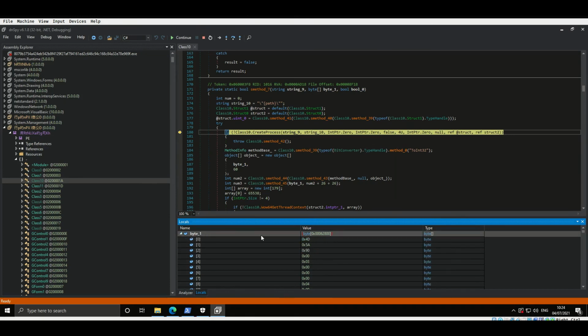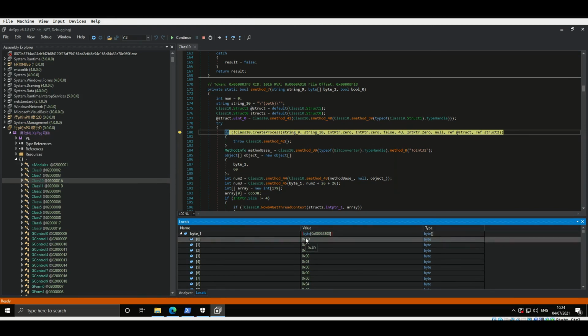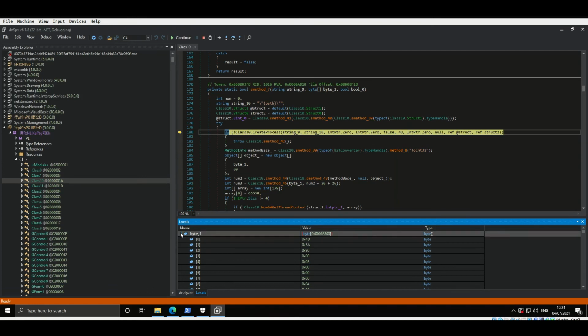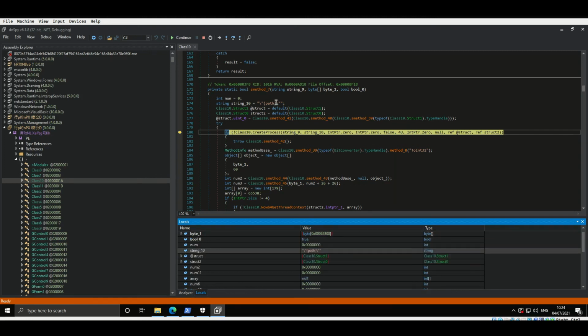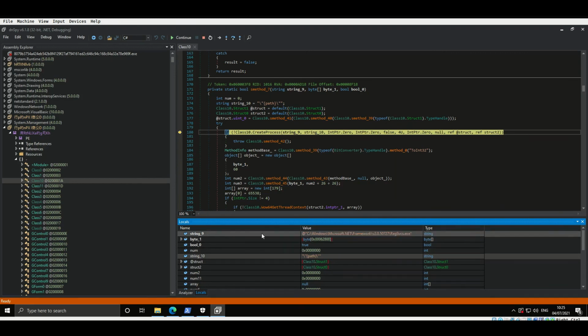So when I extracted this byte 1, which was a PE executable that I just showed you, where I think that this is the actual payload part of the malware, after we went through the stages that were just there to obfuscate this payload, we enter a method just named sMethod7 here. And there is always the question, we do, of course, have this executable now, but it has to be executed somehow. So here, first of all, there is this CreateProcess with string 9. And this string 9 is actually the path here. And then this reg